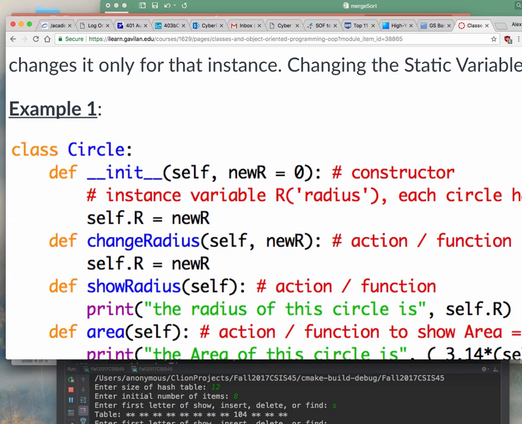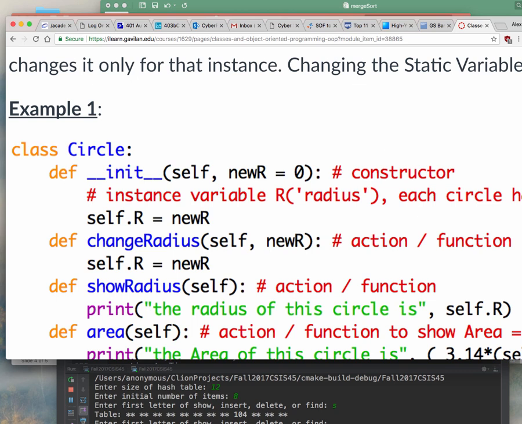Anyway, there's a couple of different things in an object. Of course we're going to have a property of an object, and that is this r variable in here, right? And in Python you have to say self all the time. That's one of the things I don't really like about it. In other languages, you don't have to worry about self. But in Python, in order to indicate that this variable r belongs to the object circle, you have to say self, right? So self.r is the variable r which belongs to the circle object.